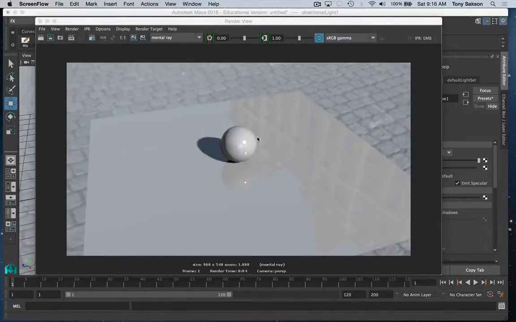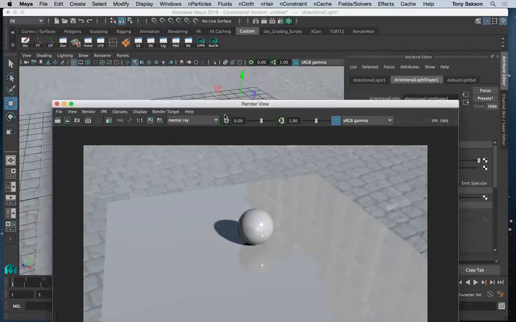All right, so very simple scene, plane and sphere. I put an IBL in it. I put a directional light for the sun, and that's only so we can see what's going on. All right, let me zoom in on